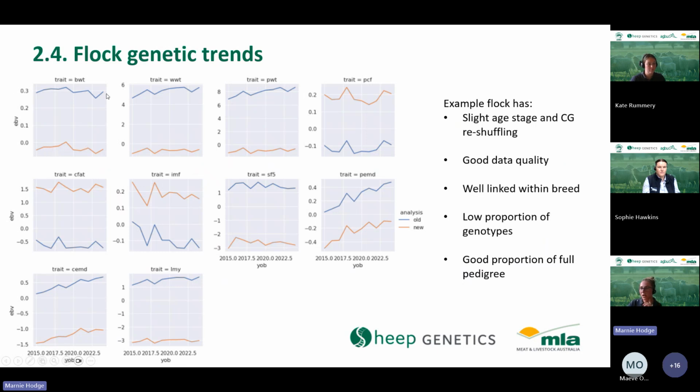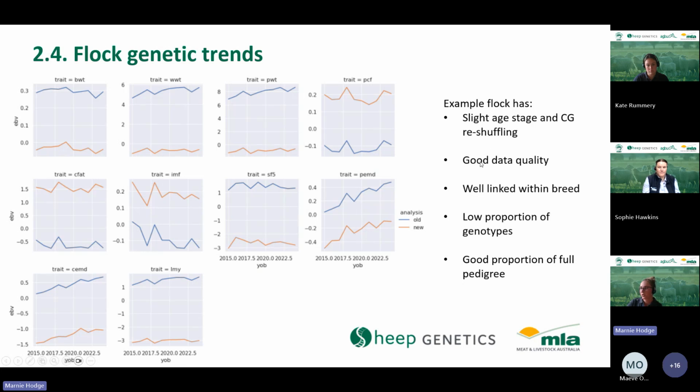So we have this at a trait level. So we've got birth weights, weaning weights, post-weaning fat, carcass fat, intramuscular fat, shear force, post-weaning eye muscle depth, carcass eye muscle depth, and lean meat yield. Quite largely speaking, the genetic trends for this particular flock for current terminal, maternal, and combined LAMBPLAN follow quite a similar trend. And for this particular flock, I just went through and overlaid certain changes